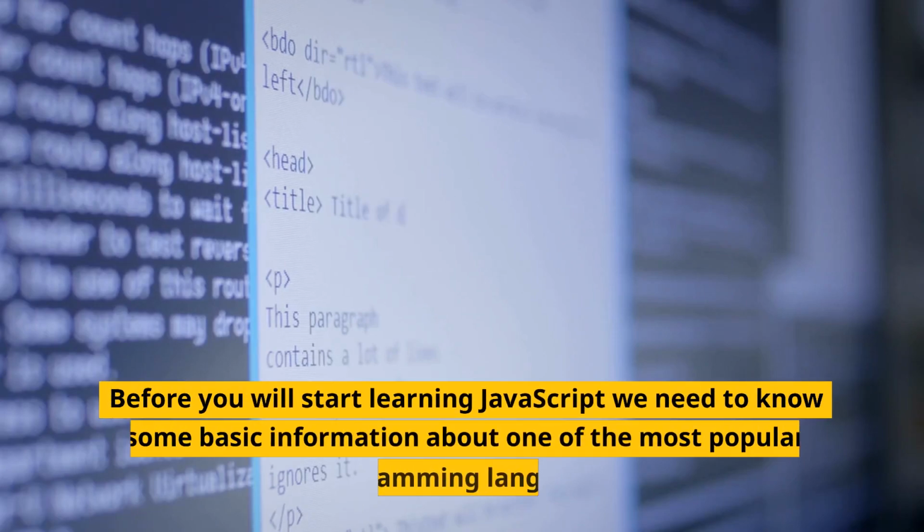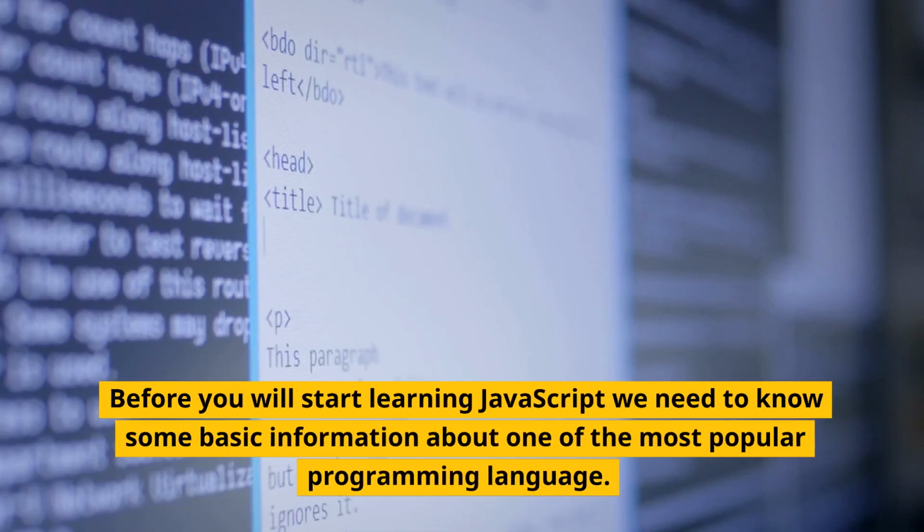Before you start learning JavaScript, we need to know some basic information about one of the most popular programming